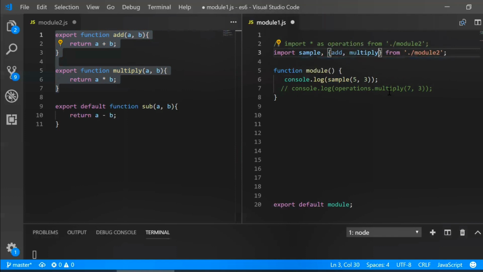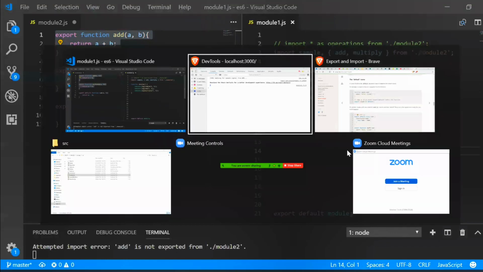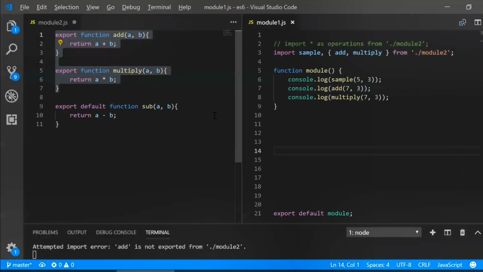Same like addition and add and multiply. So we can use it. So I think you are clear, guys, because these are all the examples for both default and named export. So the conclusion is, for default export, in a file we will have only one default export.